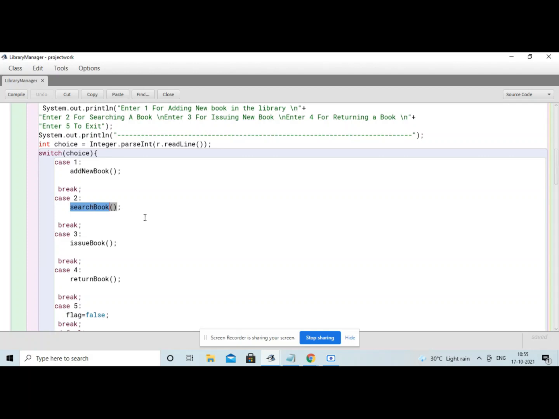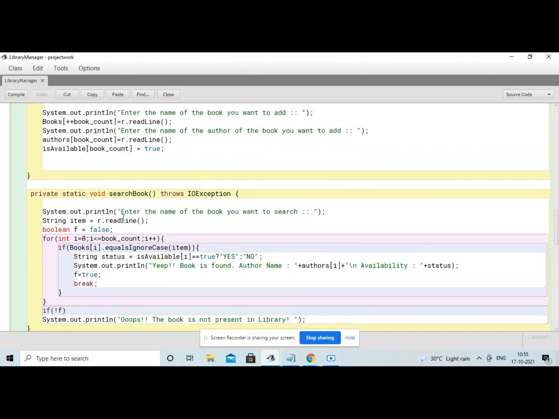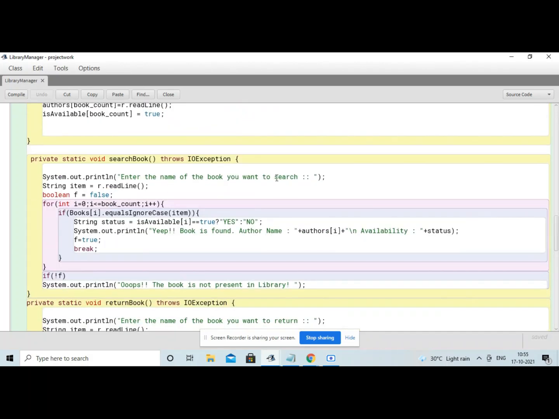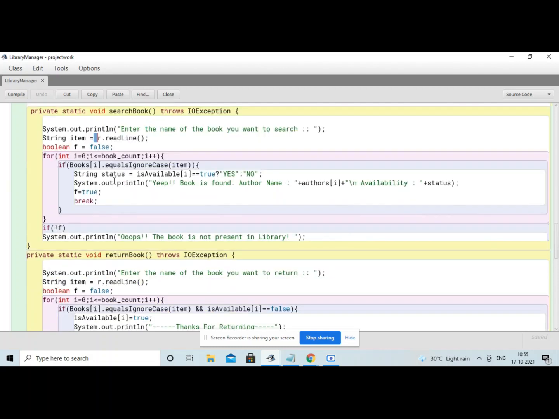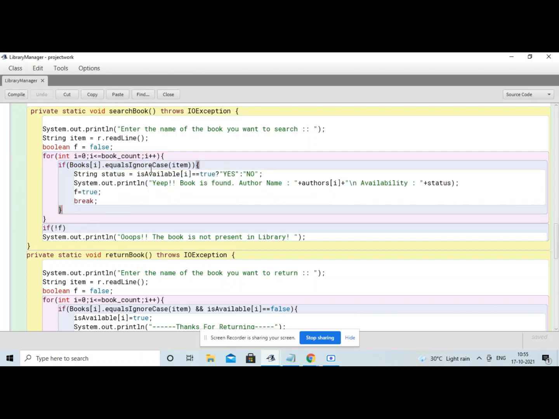Next, what is the work of search book? If the person presses 2 as a choice, then the search book functionality would be invoked. In search book, I have given a prompt to the user to enter the book that they want to search. I have read that book name from the console by the readLine method, and then I have searched using the linear search technique. Linear search helps us find a particular item in the array. So here I have searched for that particular item that I have taken as input in that array, whether it is present